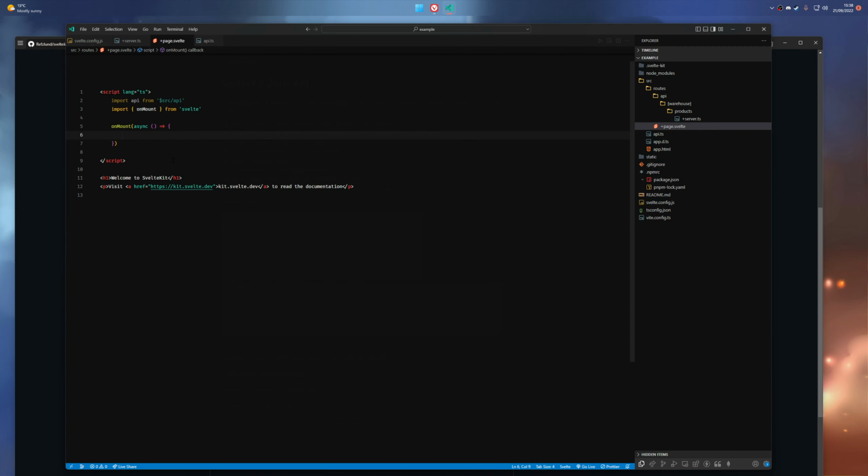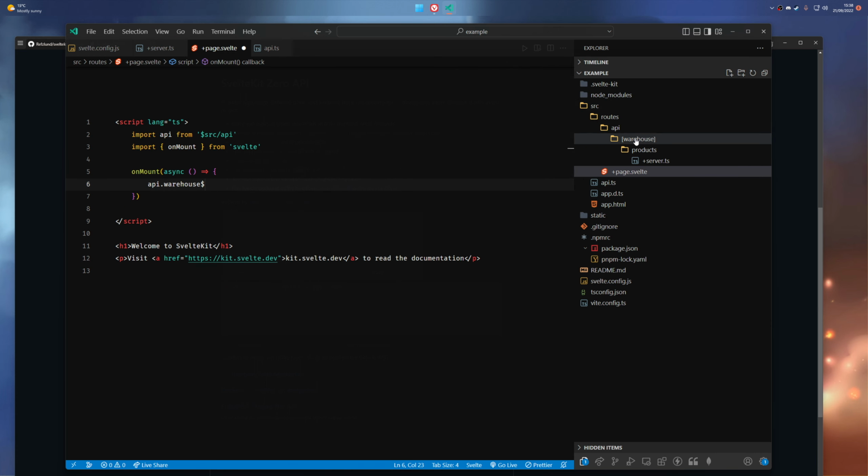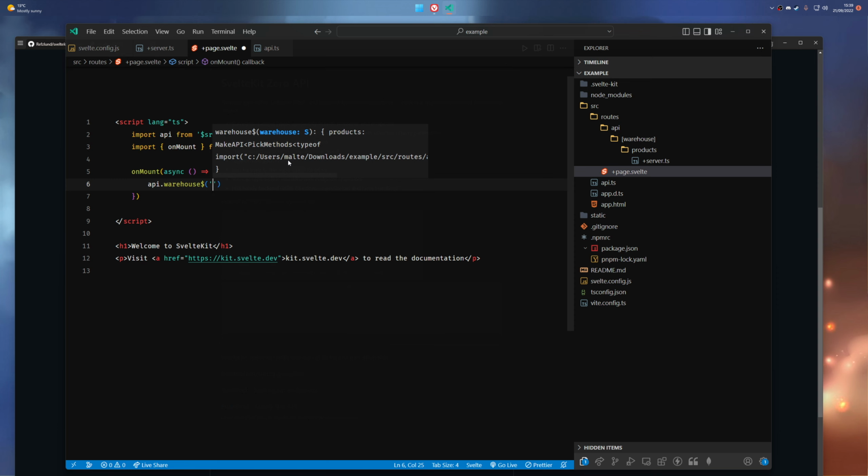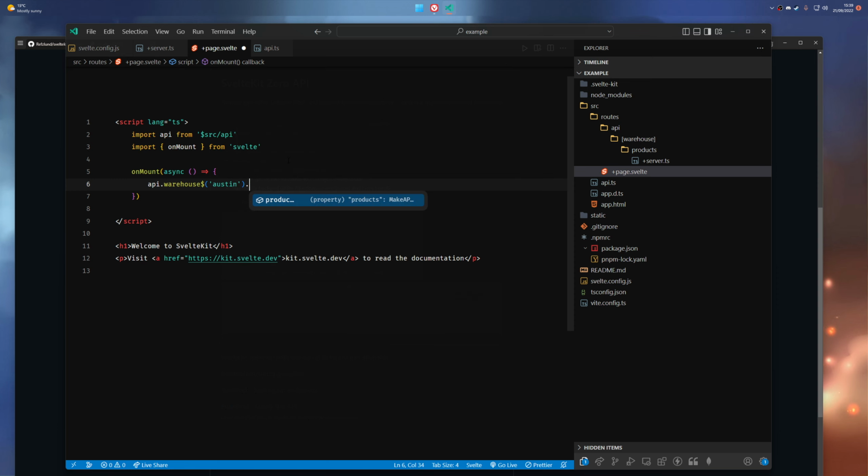Here I have pretty much an example project. It's very empty, as you can see, but I have this API import up here. I can write API period, and I get this warehouse. If you look on the routes on the right, if you can see it, it says warehouse as a slug. So it expects some sort of parameter. Let's write Austin. And here I can write products as we expected over here, and it has an endpoint of